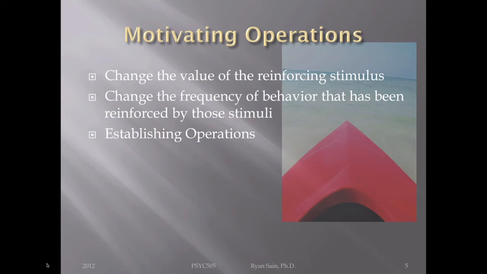What's the easiest way to establish the effectiveness of a reinforcer? Deprive people of the reinforcer. So if I deprive you of something, it's going to be more valuable to you. That's all there is to it. If I deprive you of food, you're going to work harder for it. If I deprive you of ice cream, you're going to work harder for ice cream in the future. So you want ice cream to be a reinforcer? Don't give it all the time. You want froyo to be a reinforcer? Don't give it all the time. You want something else to be a reinforcer? Limit access to it.